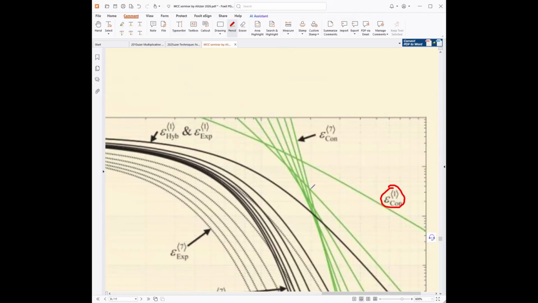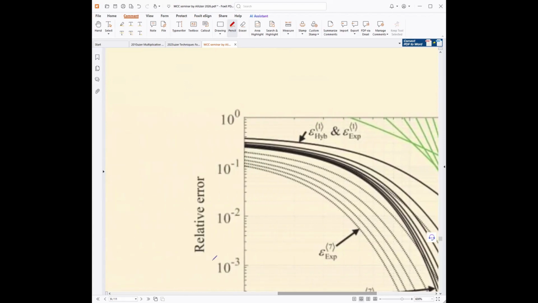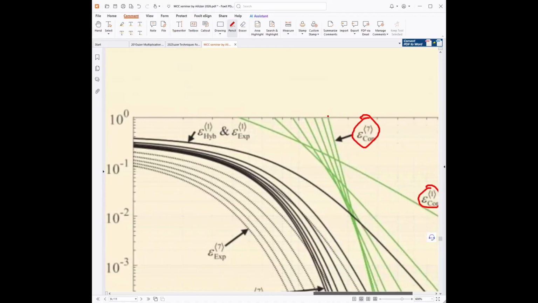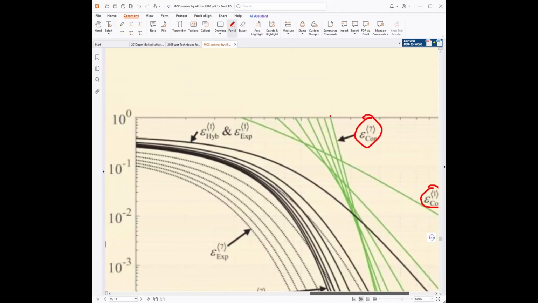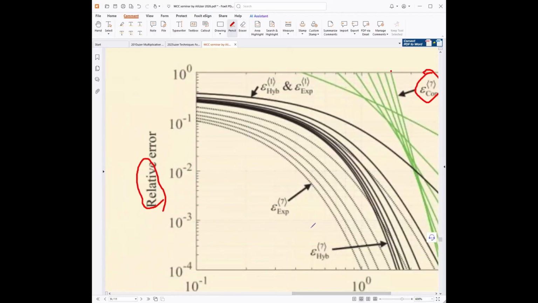And the other green curves, for example, this last one, E7, means when the leading 7 terms of the asymptotic series are used in the approximation. On the vertical axis, we have the relative errors. You see, the relative errors of the green curves are much higher than the relative errors of the new curves. This continuous black curve and dashed black curves are for the results that are obtained according to the